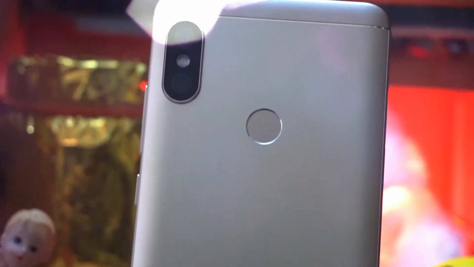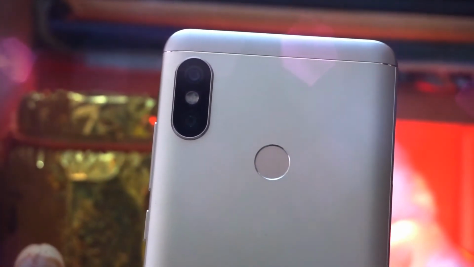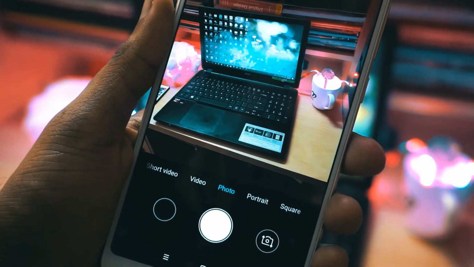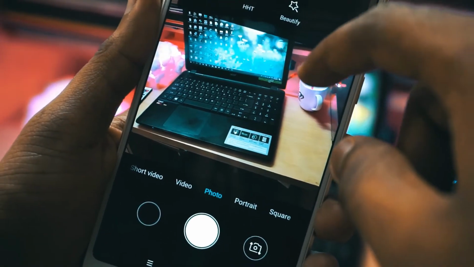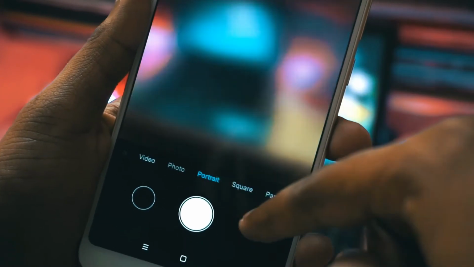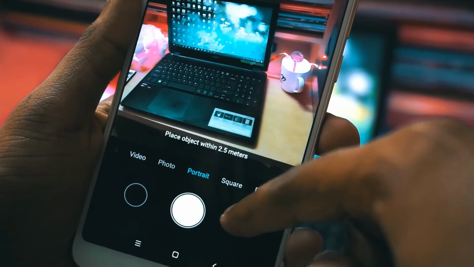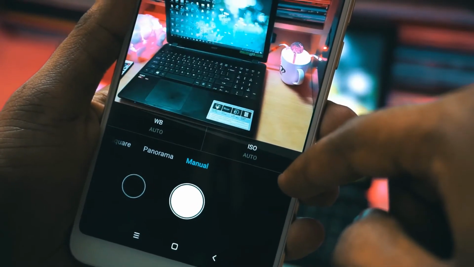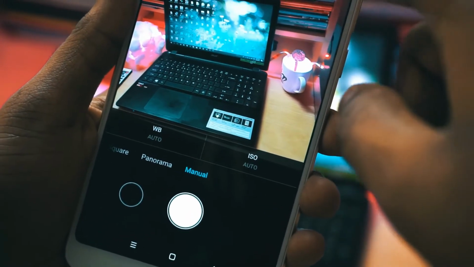The next features are associated with the camera application, so let's check out that. Whenever you open up your camera, it will directly go to the photo mode. You can change that. If you want the camera to open up in any other mode like portrait mode or